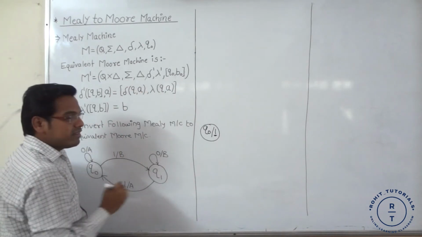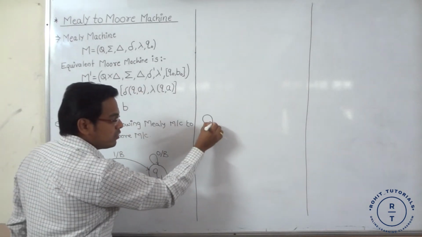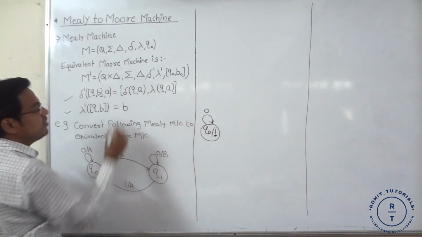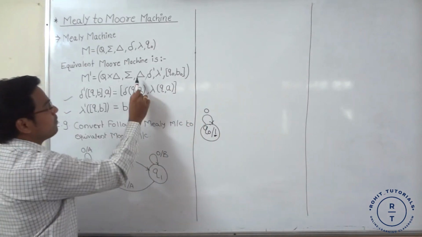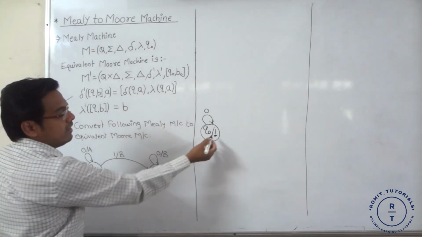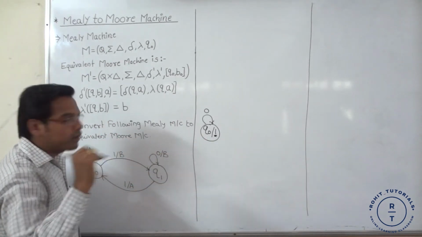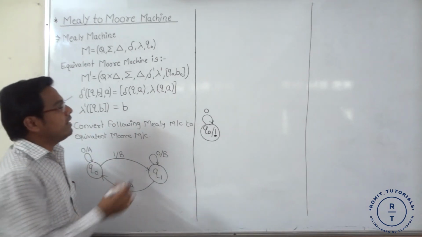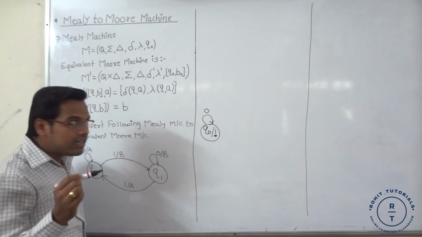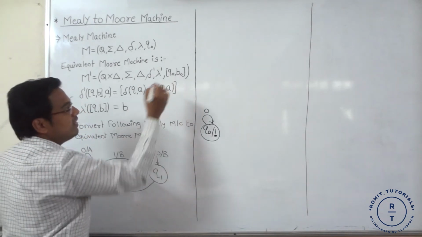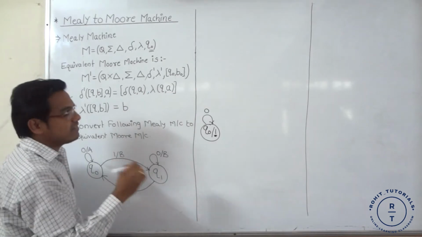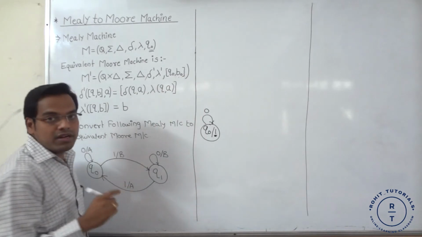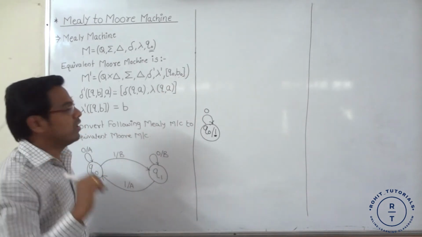Next is the input symbol. Suppose Q0 has output 1. If input 0 occurs, it goes to Q0 and the output is 1. So this sigma is represented by the input symbol. Next is the output symbol, with the help of which we get the output 1. Next is the transition function that we are going to calculate, and the machine function that we also calculate, and last is the initial state. So Q0 is the initial state which comes with an output, that's why here Q0, V0, where V0 is the output symbol.